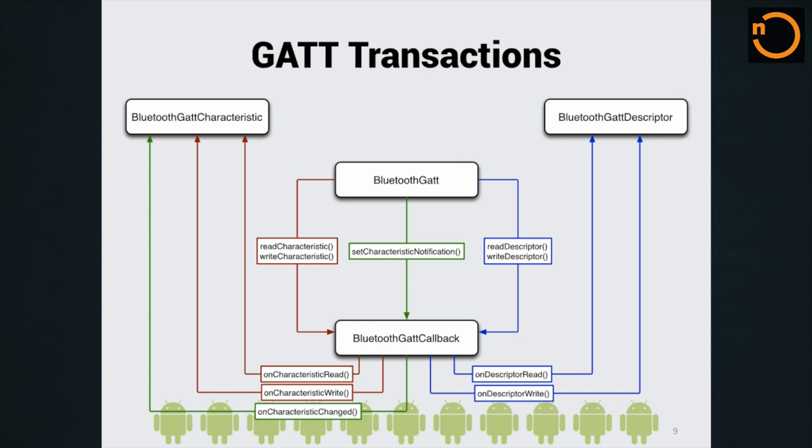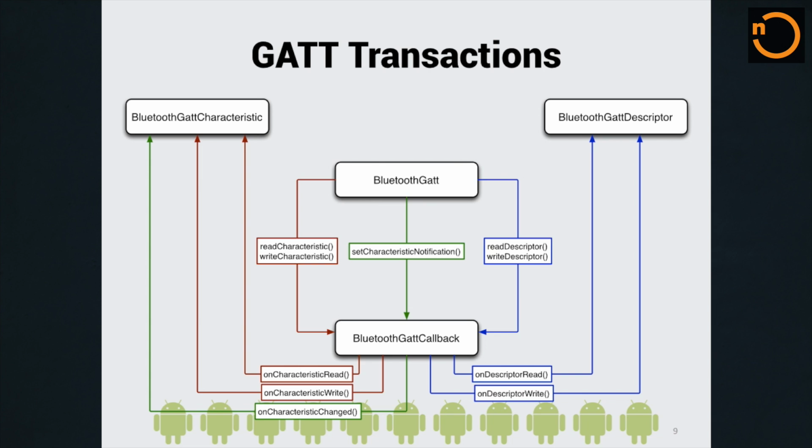Now there's an additional layer in here that I didn't mention earlier for notifications. So this green path that's in here has to do with characteristic notifications. And that's actually a really helpful feature if you need to subscribe to a characteristic's value. So inside of Bluetooth LE, if you are interested in a specific characteristic and you want to get the contents of that value on a regular basis, and you want to know anytime that value changes so that you can update something on your side,